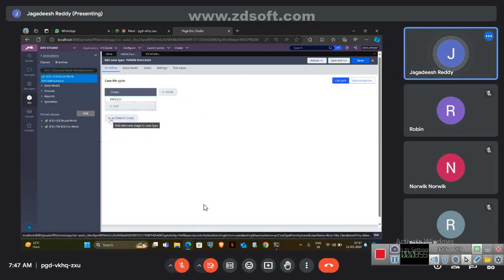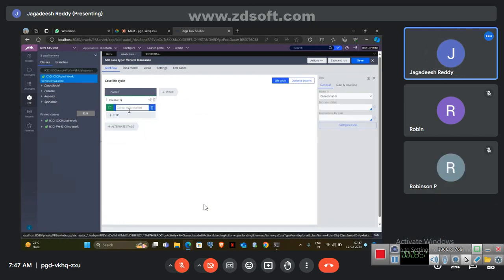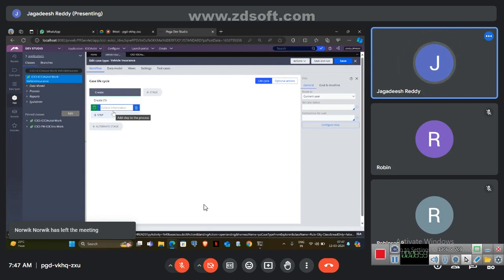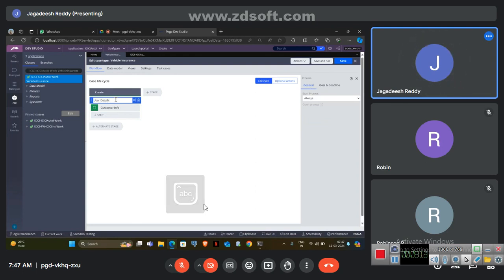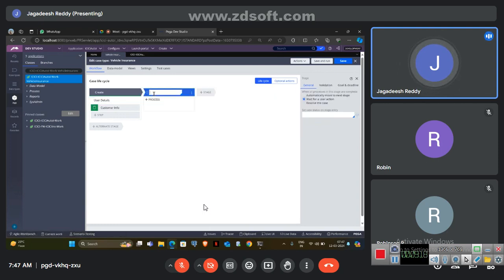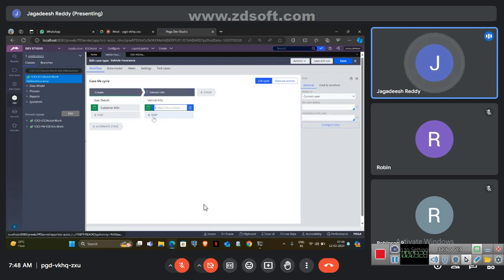And info collect. So our info. Next one, click add one more stage, and this stage is about vehicle info. We have personal vehicle and commercial vehicle, right? Vehicle info, collect information,